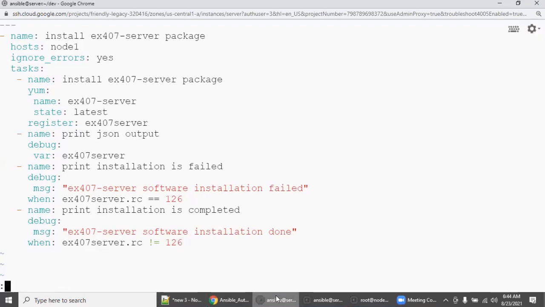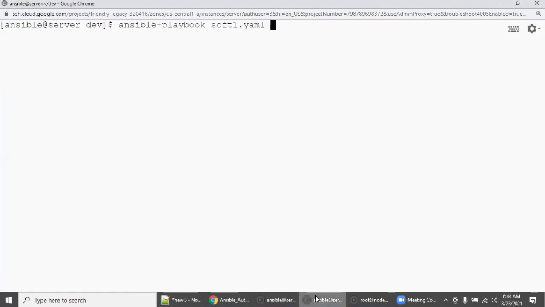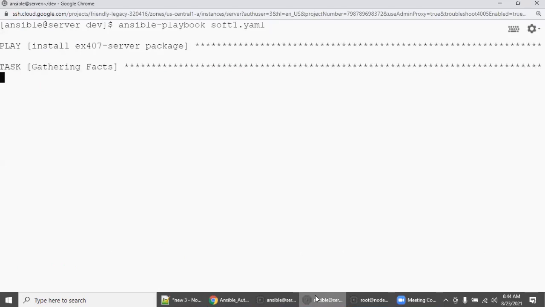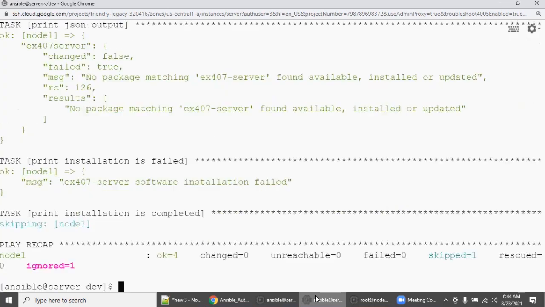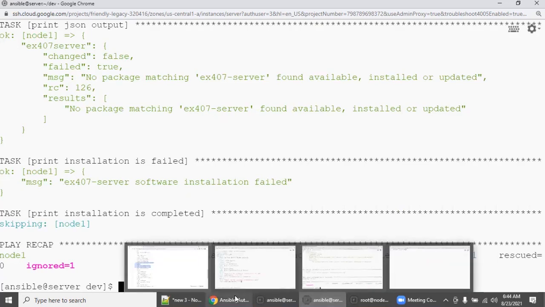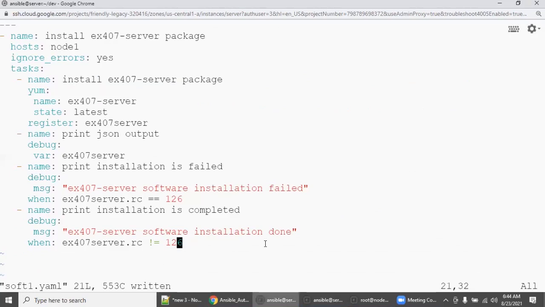Now let's save it and execute the playbook again. But now installation done will be skipped. Why? Because the condition is satisfied only when equal to 126, correct? Now we have to make sure that if the installation is successful, then we start the service.